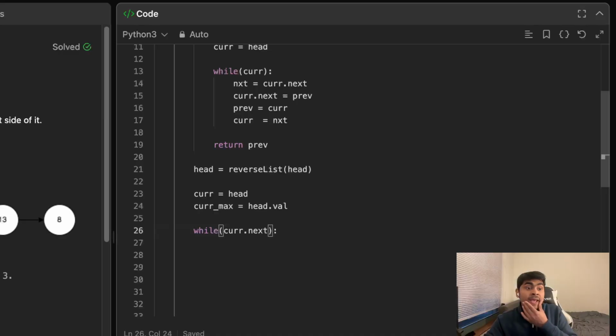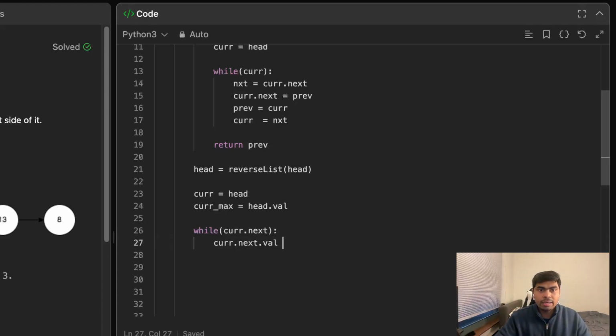All right, so I want to basically check if cur.next exists. You know why? Because that's the value I want to check, because current will always be valid. Where I'm starting will always be valid, because that's the first node, that's the first value. It doesn't have to be greater than anything, because it might be at the end of the list, and it's a decreasing list of values. So it could be anything, negative infinity, doesn't matter. So if cur.next.value is smaller than my curmax,